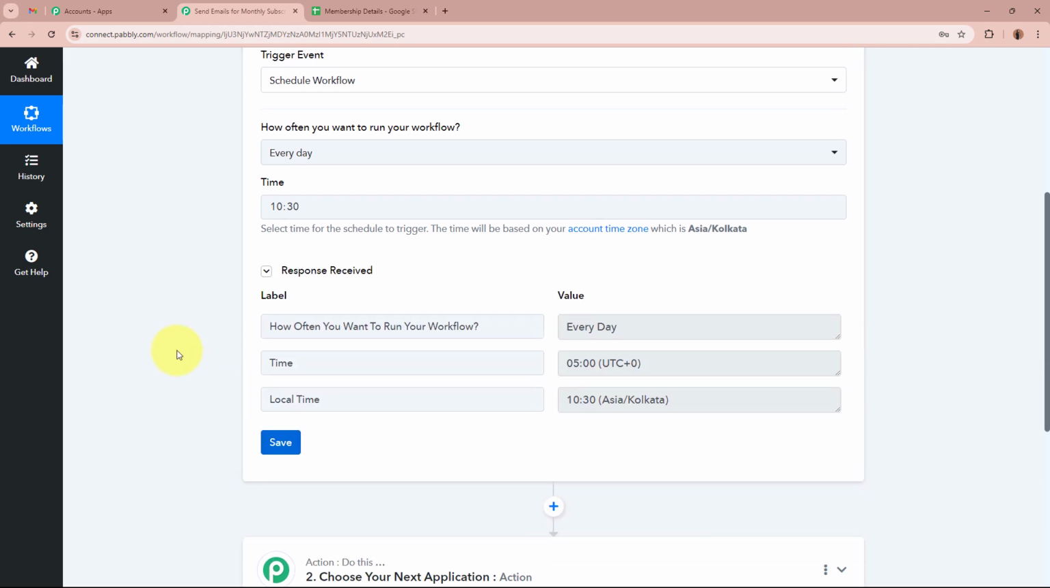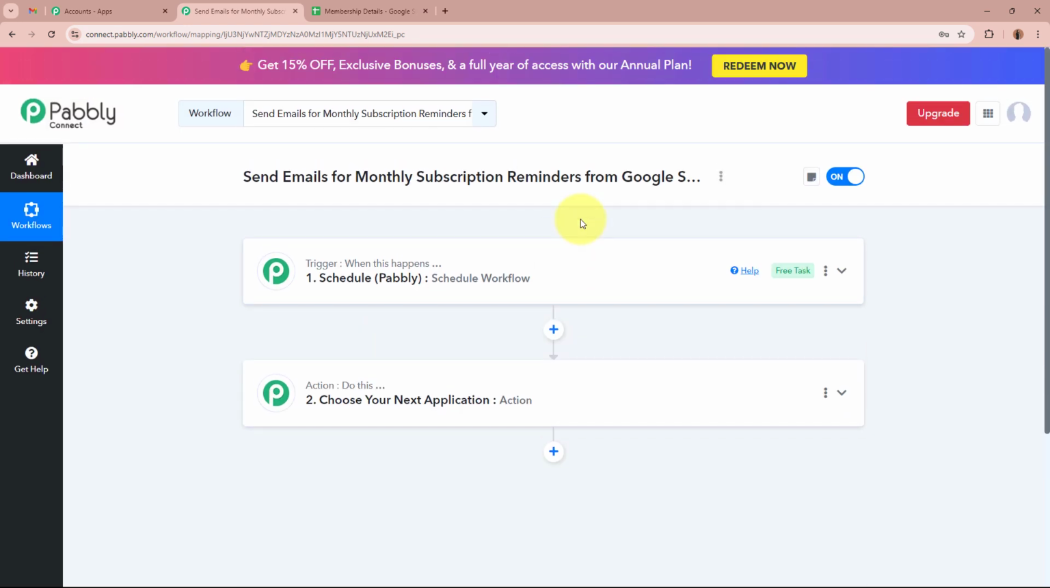You can see as we have done that, it says how often you want to run this workflow, and it comes as every day. The time in UTC time zone format comes here, and for the local time, the Asia Kolkata time zone comes as 10:30. So now this workflow is going to run every single day as we have scheduled it at 10:30 a.m. Okay, so now as we've scheduled this workflow every single day,